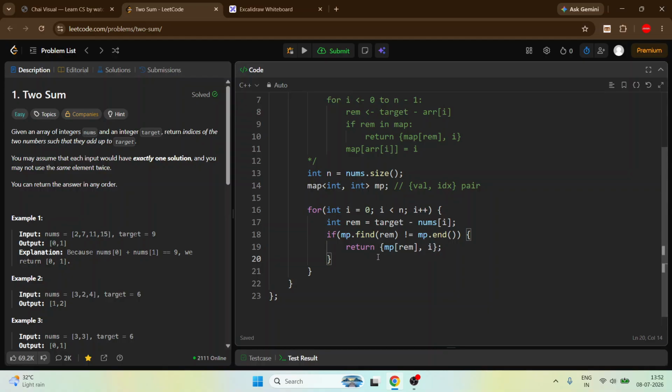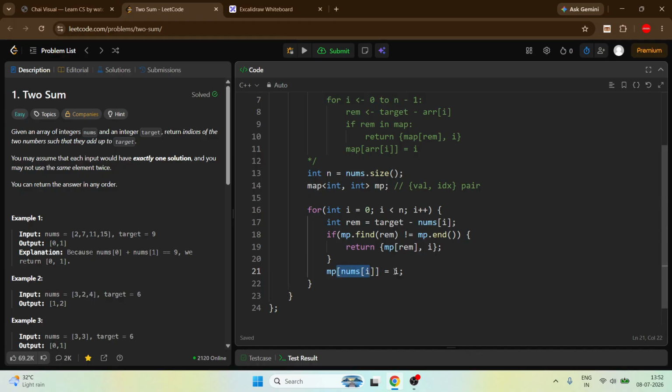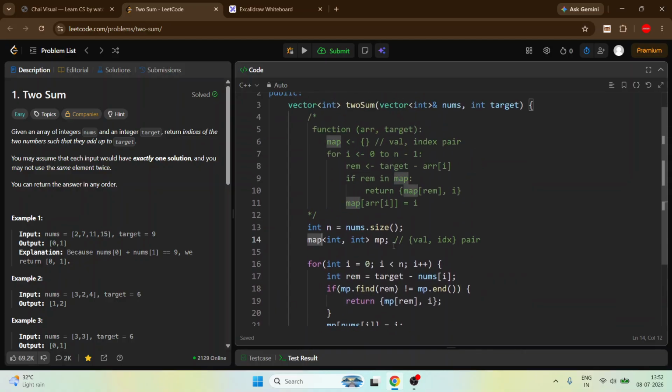Else, if we don't find it, just store the element, so map of nums of I becomes I. This creates another instance in the map like we created here. The value would be 3, which we got using nums of I, and the index will be I. At the end we can return an empty array, although we don't need to because exactly one solution is always present. So we will solve this using a map.